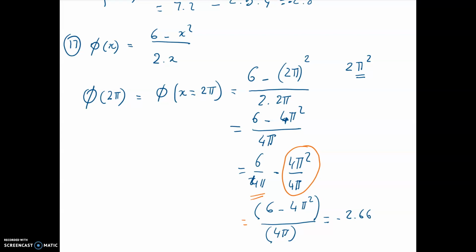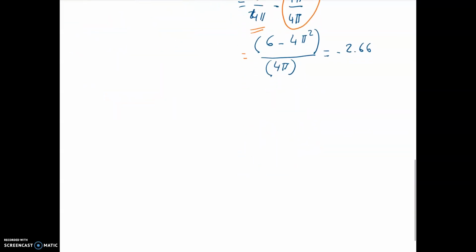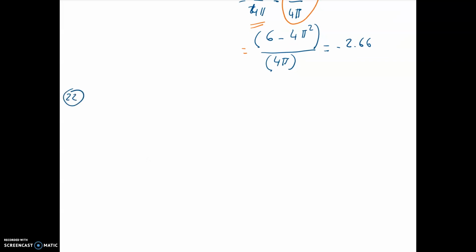All right, now let's try to do problem number 22. So what do we have? We have a function which is uppercase T of lowercase t, which is kind of odd, but why not? And it's equal to 5t plus 7. The question is, calculate the function when t equals